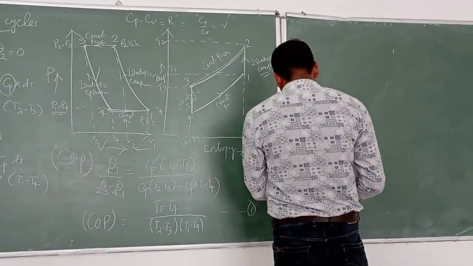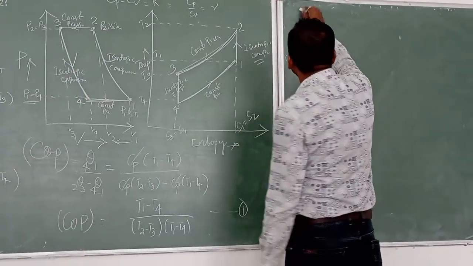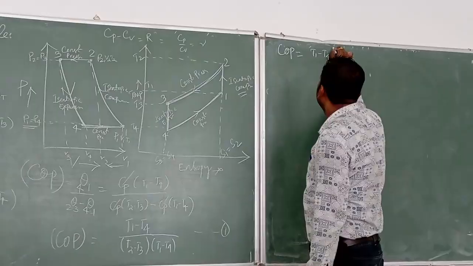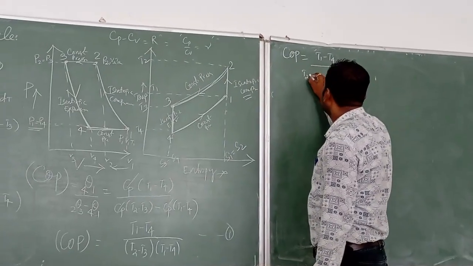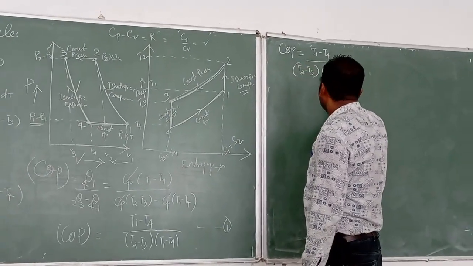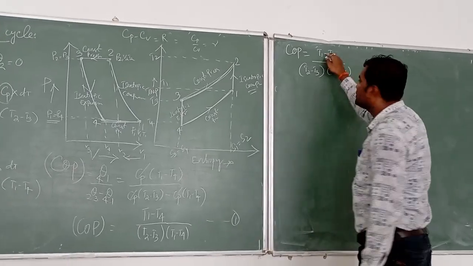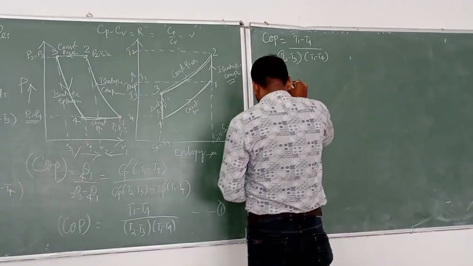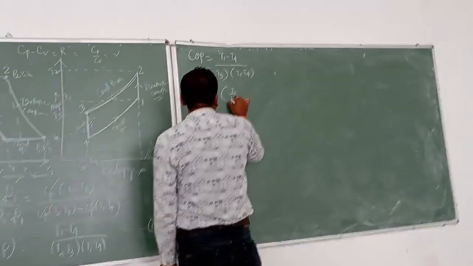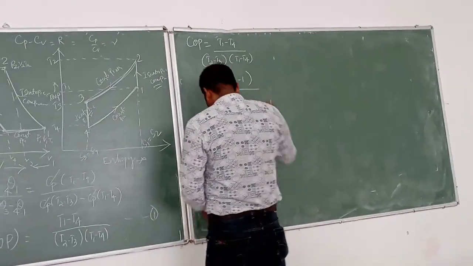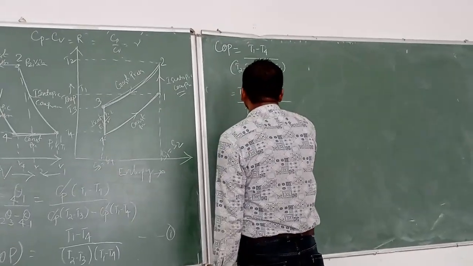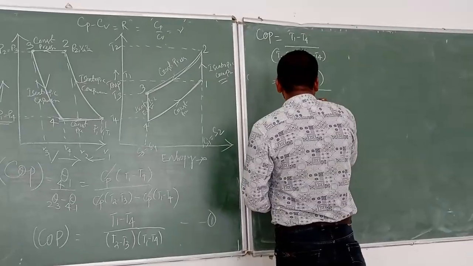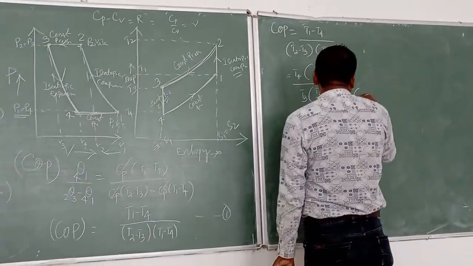केवल ऊपर से हम T4 कॉमन ले जाएंगे तो कितना आ जाएगा? COP is equals to (T1 minus T4) divided by (T2 minus T3) into (T1 minus T4). Upper line से हम जब T4 taking common, so T4 into (T1 by T4 minus 1). नीचे लाइन से हम T3 कॉमन ले जाएंगे, T2 by T3 minus 1, minus ये से T4 कॉमन ले जाएंगे,